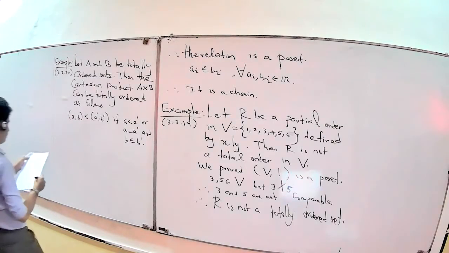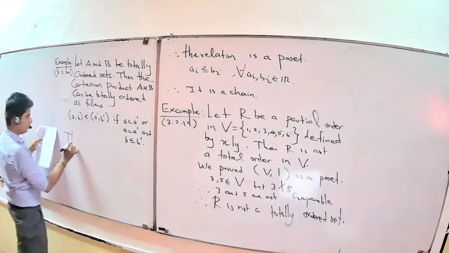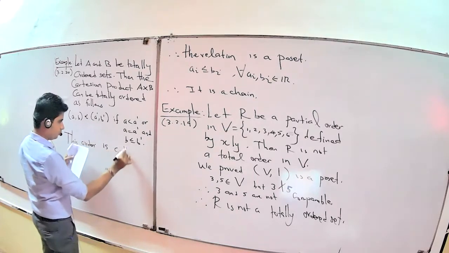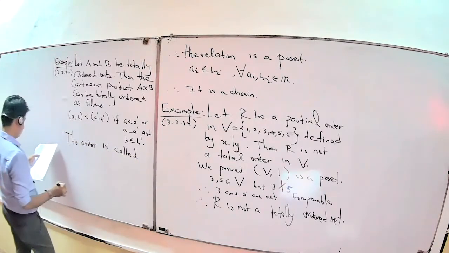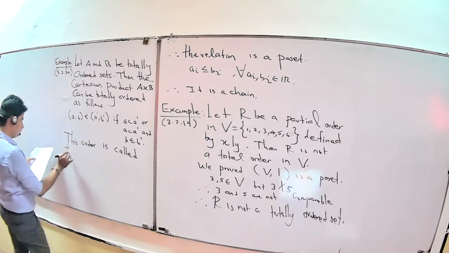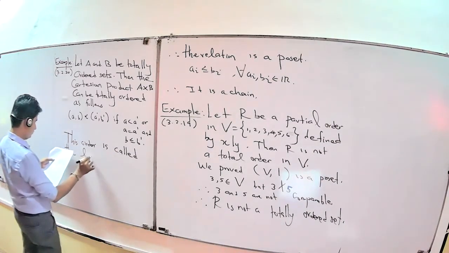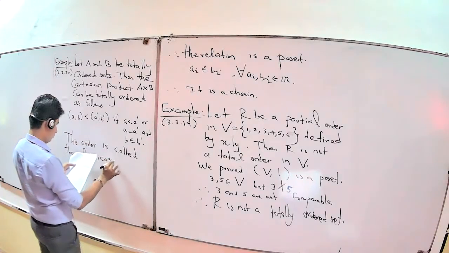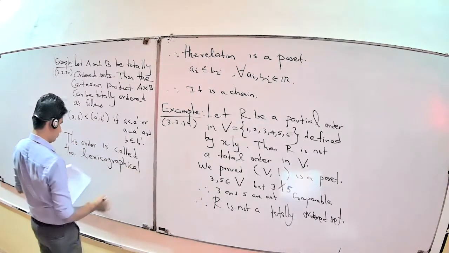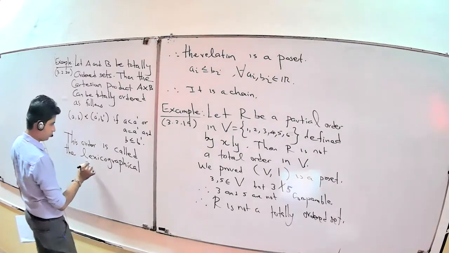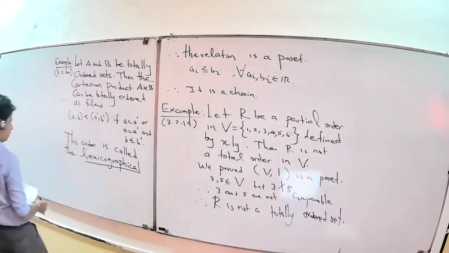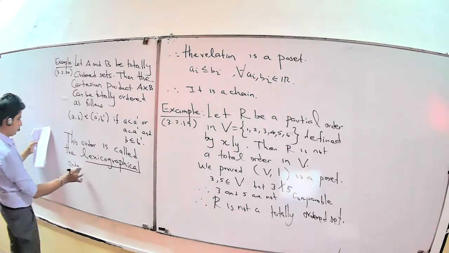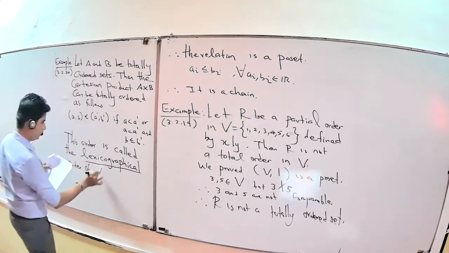This order is called the lexicographical order of A cross B